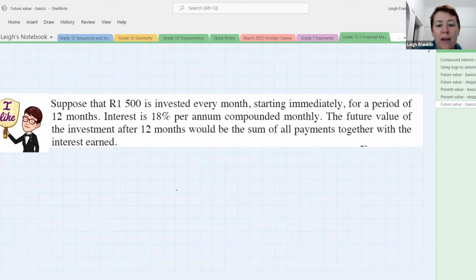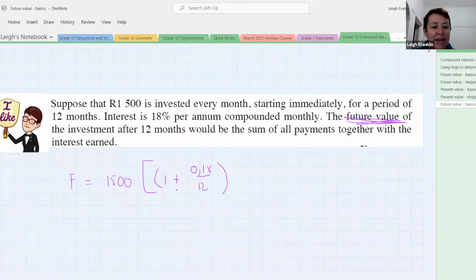So if they ask you to calculate the future value, F is equal to, your X in this case is 1,500, interest 1 plus 0,18 compounded monthly would be to the power of 12, close brackets. And now here, n would have to be the number of payments that were made. So if it's going to be for a period of 12 months,